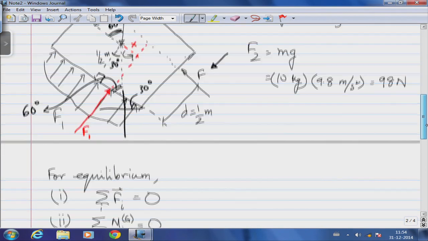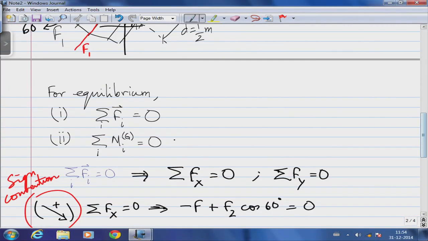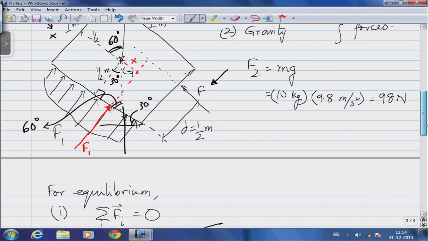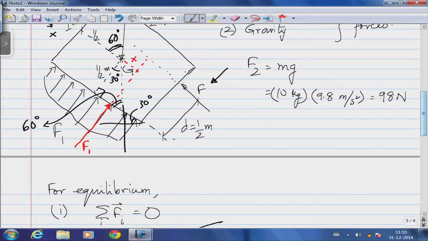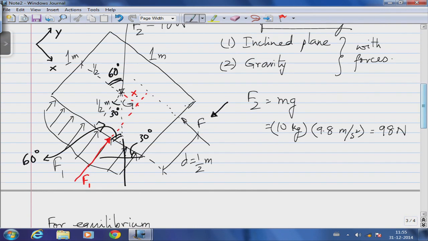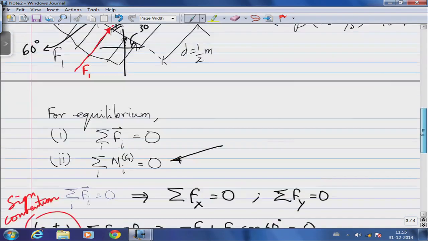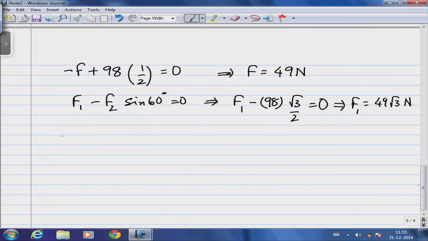Now, I have not yet completed the problem, because for equilibrium I have the second condition, that the moments have to all add up to 0. Now, how would I determine that? If d is half a meter, I want to find this effective line of action x shown here. The effective line of action is displaced from the center of mass to accommodate the fact that the sum of the moments has to add up to 0. So, let us now apply that last condition, that the summation due to all the forces about G equal to 0,